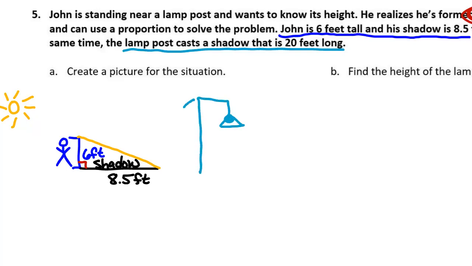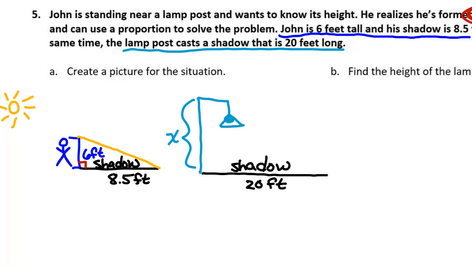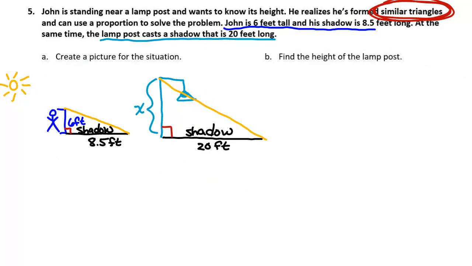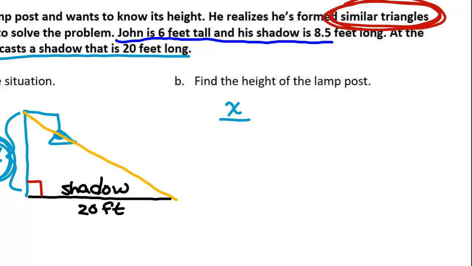So there's my lamppost. We don't know how tall it is, so I'm going to call that X. We do know how long its shadow is. That is 20 feet. The lamppost and its shadow are forming a right angle. The sun's rays are giving us the third side of that triangle. So now we can set up a proportion. What would correspond to the X right here? 6. Height of the lamppost corresponds to John's height. So X over 6